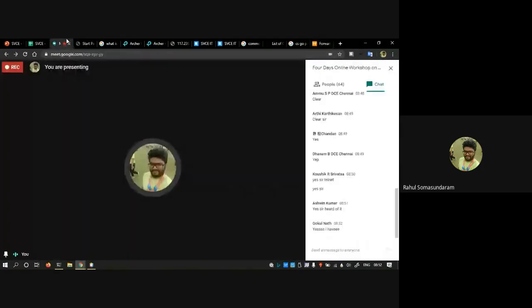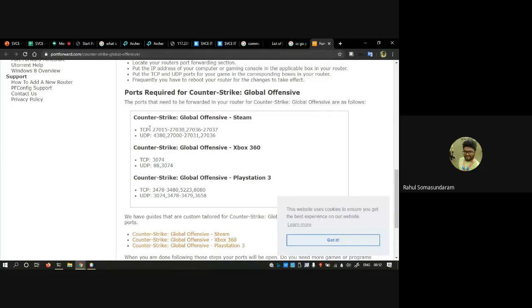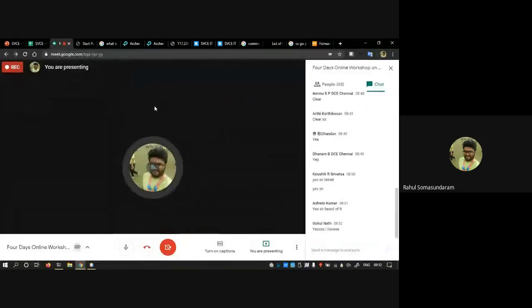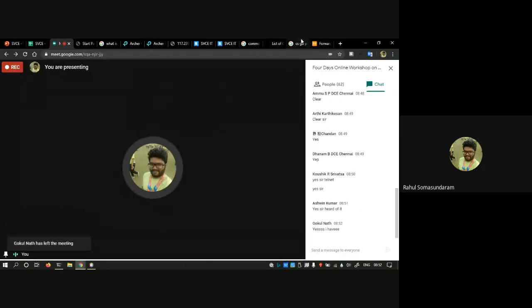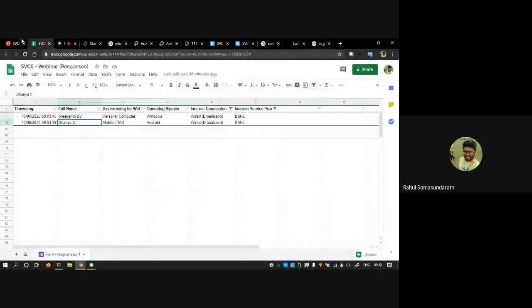It typically uses these ports to forward. So these ports will be used to communicate. In a few networks, you cannot play CSGO since this port will be blocked by your ISP. So you need to go to different nets. I'm not sure whether you have faced it or not, but I have faced it. That's why I'm telling. Okay, next.